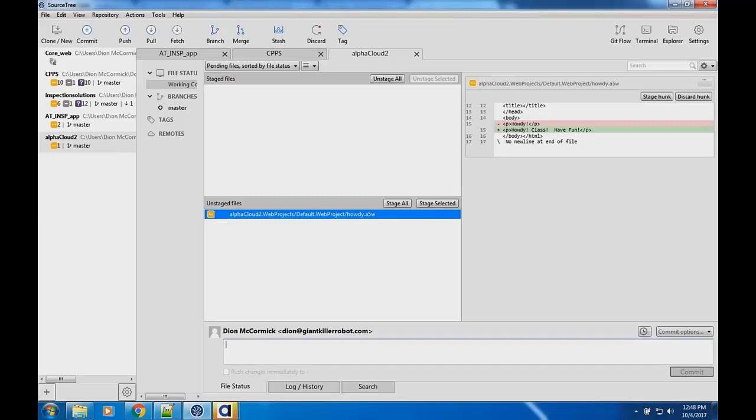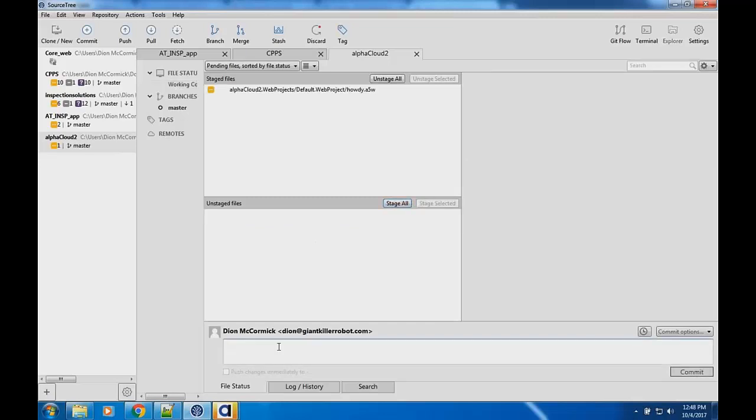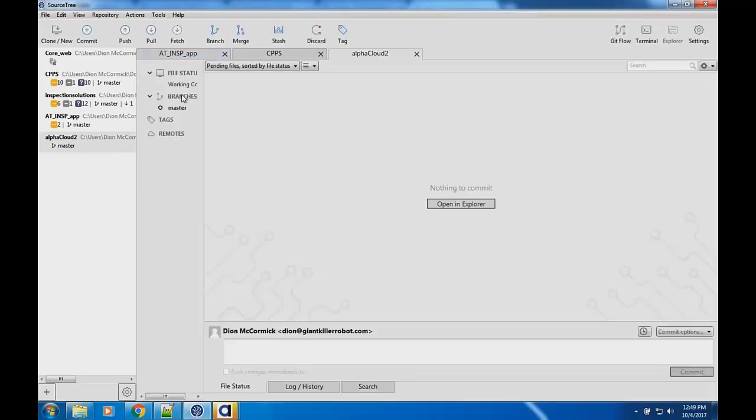And I'll go added. And so I'm going to say, oh, you know what? I want to stage that, get it ready to go. And then I'm going to say made some changes to howdy.a5w. And I could be more verbose, explain what's going on. One thing people do is when they start using issue tracking like Jira or Sembla, they'll actually put in here, you know, issue number 5. And therefore then I know the reason I checked this in was to fix that issue there. So I'll go ahead and commit it.